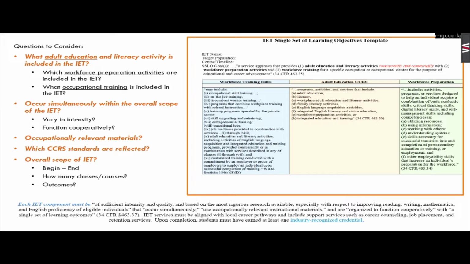So, with your template that you have on your table, you're going to build out some of the outcomes. So looking at the outcomes of the training that you have, some of you have EMT, some have CNA, some have OSHA, and I don't know what the truck driving. So these are very short-term trainings. So I want you to look at the outcomes of your training. You all have CCRS standards on your table.